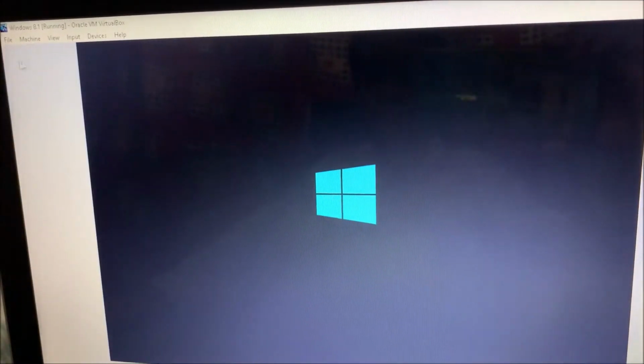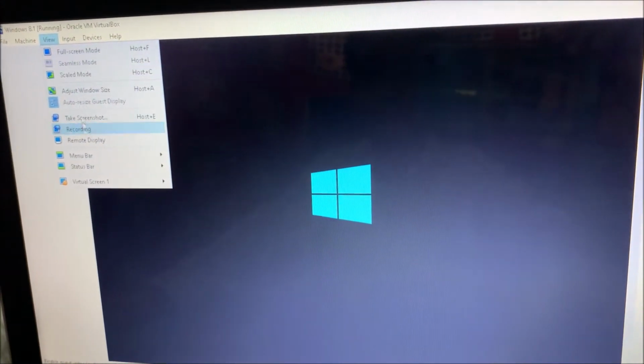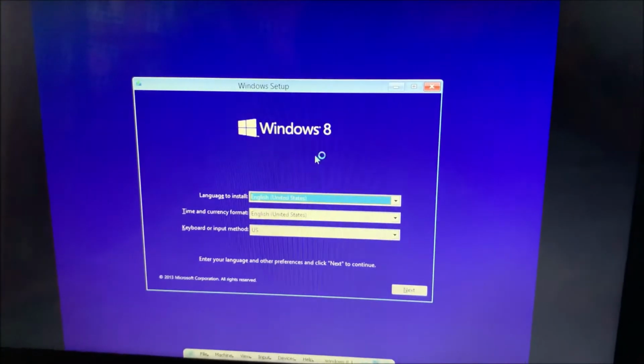Now I'll make the screen bigger so you can see it in full. Now Windows 8.1 is booting in our virtual machine. Now it's booting up to the setup screen of Windows 8.1.